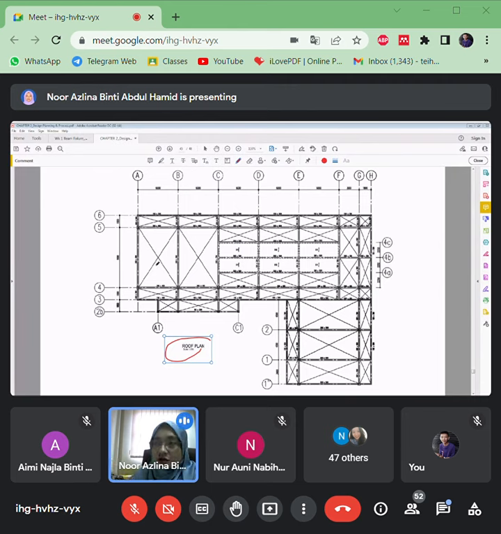Okay, so that's why there's a void here, and there are also portions that have a slab, might be for storage, for machines, and also to support the water tank. So there are requirements to put slabs at the roof level.